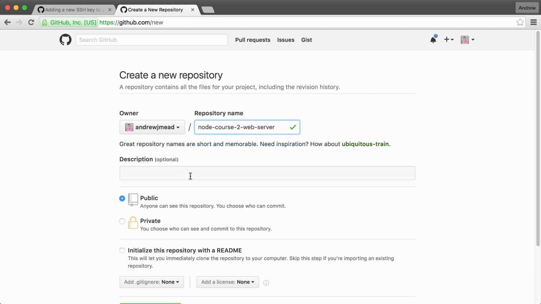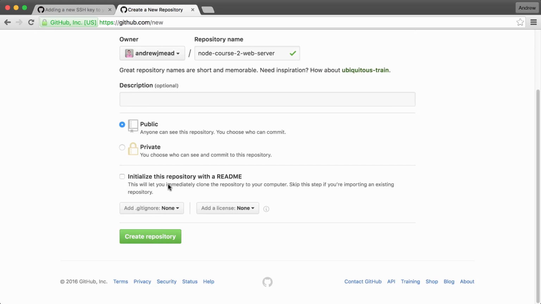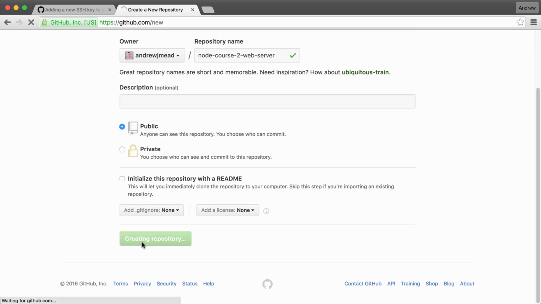Once you have a name, you could give it an optional description, and you can pick whether you want to go with a public or private repository. Now, private repositories do put you on a $7 plan. I do recommend that if you're creating projects with other companies. In this case, though, we're creating pretty simple projects, and it doesn't really matter if someone else finds the code. So I'm going to go ahead and use a public repository by clicking that option. Once you have those two things filled out, you can click Create Repository,